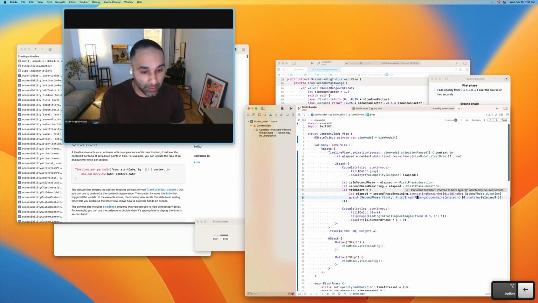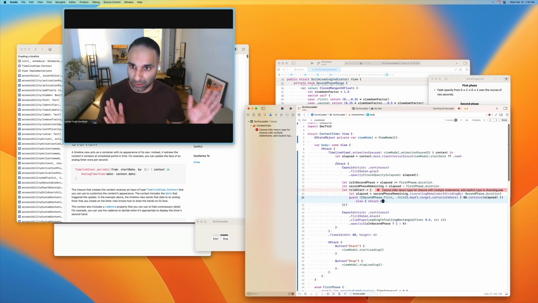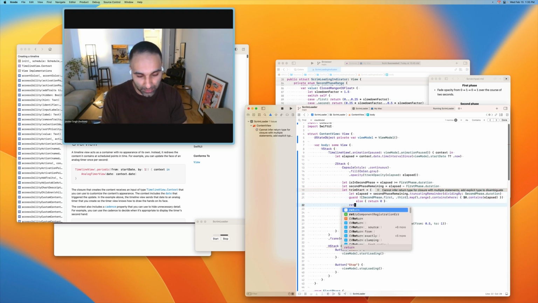So we want to make sure actually those don't contain it, else return 0. What I mean by that is if we're in the first phase, we're growing from the left going towards the right. So that means the trim start, that from value, is going to be 0. And then that third phase is actually the resting phase, where this overlapping capsule is not present. We want it to also be 0, because we could basically trim from 0 to 0 to have this resting phase. And then otherwise we want to return,